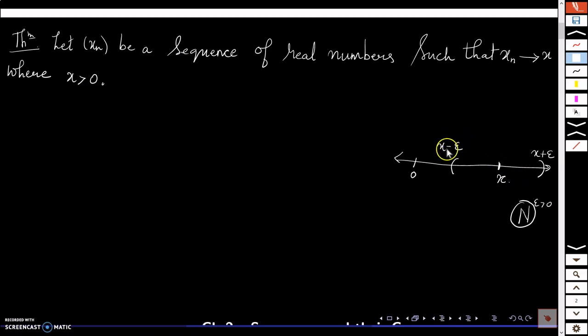What I will do is I will pick up a particular epsilon positive. We are given that the real number x is positive, right? So if x is positive, then x by 2 will also be positive. X is a real number, so x by 2 is also a positive real number. So if I choose this as the epsilon, it's a positive number, that is x by 2. Then for this epsilon x by 2, I can find a natural number such that after the stage, all the terms of the sequence will be inside x minus epsilon comma x plus epsilon, where epsilon is x by 2 now, right? So this epsilon, I can replace it by x by 2,